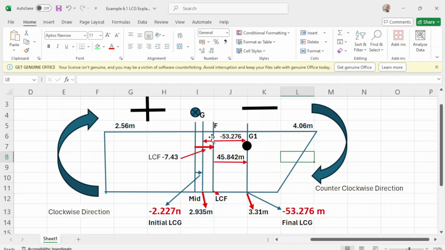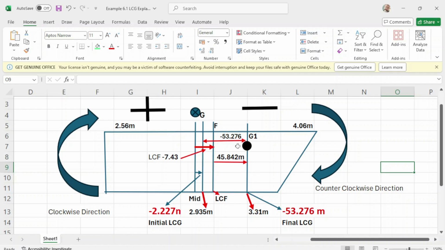In equilibrium, this will be your center. Since you have a weight here, the tendency of the vessel is to sink down at the head, and the stern will rise up. So the tendency of the vessel is to trim by the head. By this figure alone, you will know that your vessel will be trimmed by the head, because your G, or your final LCG, is forward of your LCF.